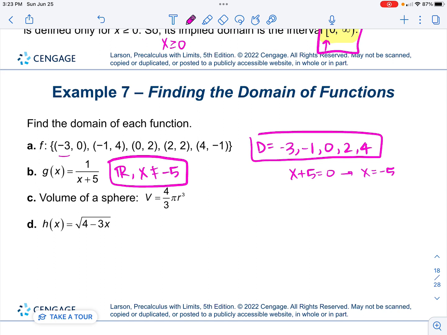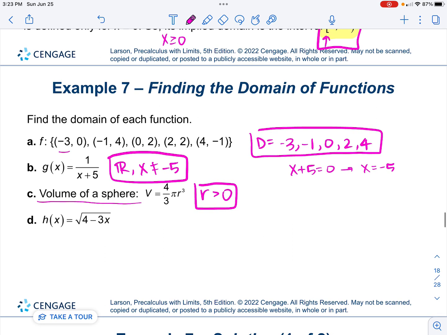Because it is an application, we are going to say that a radius can't be a negative number. So I'm just going to say radius has to be greater than 0. It wouldn't be a sphere if the radius was 0, so we'll say the radius has to be greater than 0 to work. And then the last one we've talked about too, if you have a square root function, everything under the square root has to end up as a whole being greater than or equal to 0